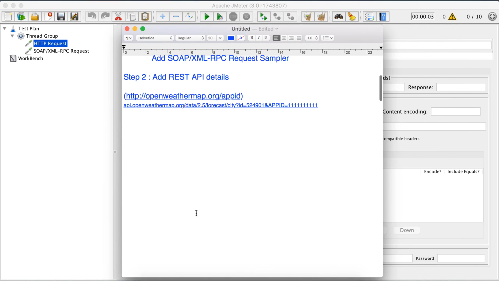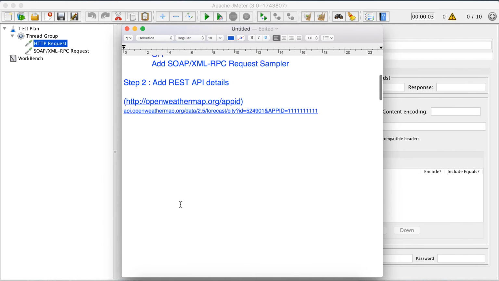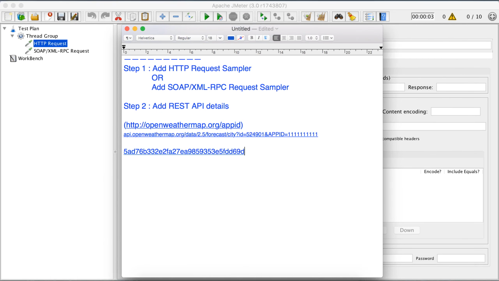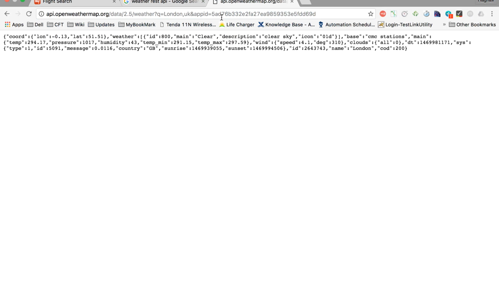So if I click here, as of now it will show you invalid API key. Because this API key is invalid, we have to use some valid API key. So you can sign up and get your API key. In my case, I have already signed up and got an API key, which is this one. Okay, so if I add my API key here and run this again, yes, now I am getting some response.